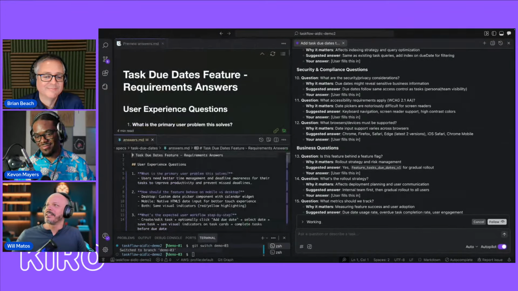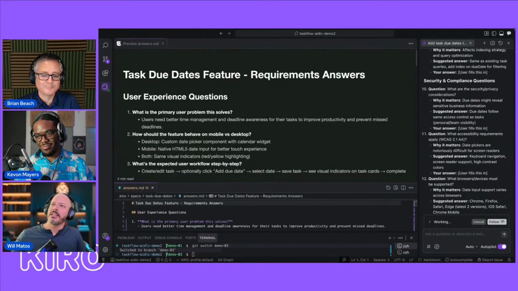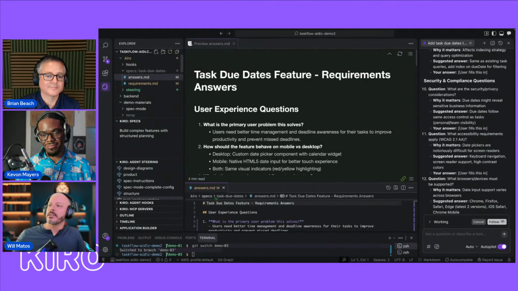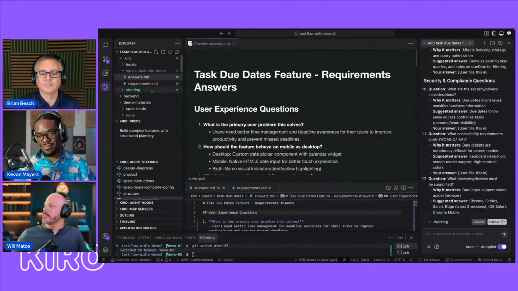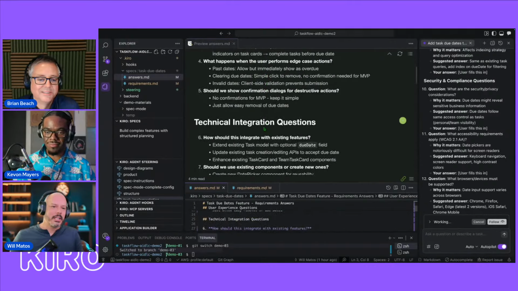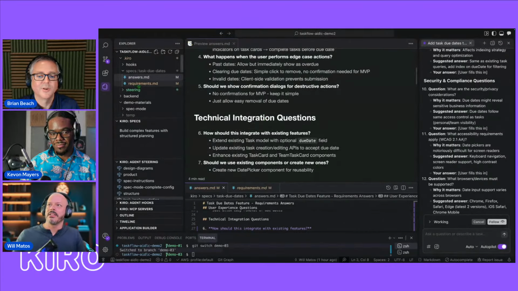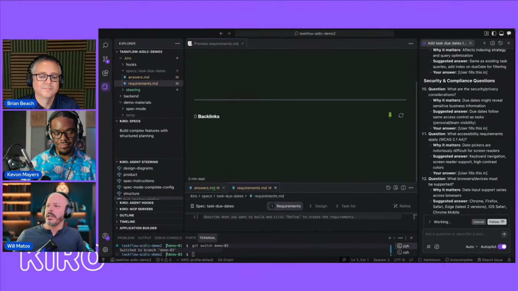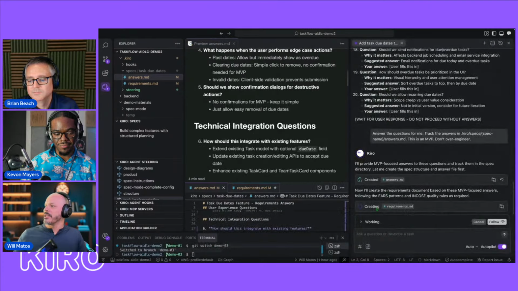But notice that it went through, it generated the spec here. It's got the requirements that it's generating. But here are the answers to all the questions that it asks. Now, of course, I can come in here and modify these answers and tweak them further and tell it to kind of figure it out again. But with that, it's going to ask me